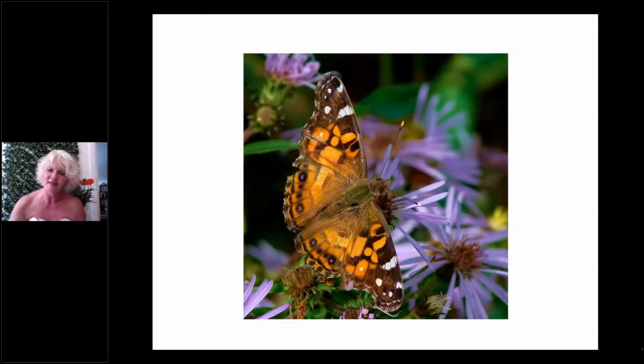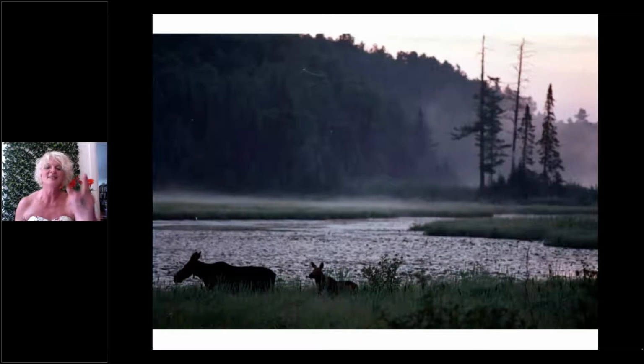A little bit of the wildlife we might see, the butterflies, and yes, lots of moose. If you've never seen moose, it's a good moose sighting spot. And right now is moosey season, as we called it. This is sort of what things would look like right now if we were there.